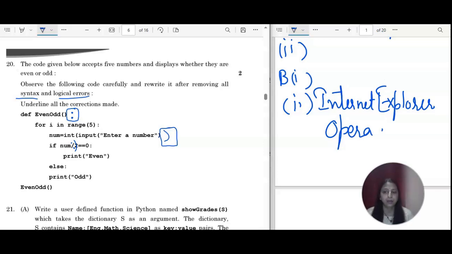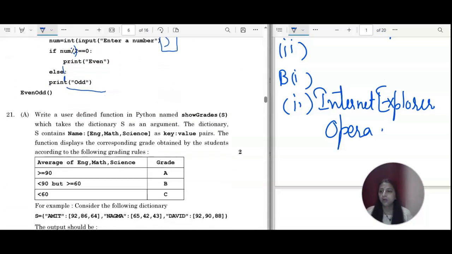Okay, and then you have the else block and print. So the indentation is definitely wrong. It should be parallel to the previous print statement, so this should start from here, right? So these are the 4 errors in this question. First one is the colon, second one is the missing closing parenthesis, third one is you need to replace this division with the modulus sign, and fourth one is the indentation of the print statement of the else block.